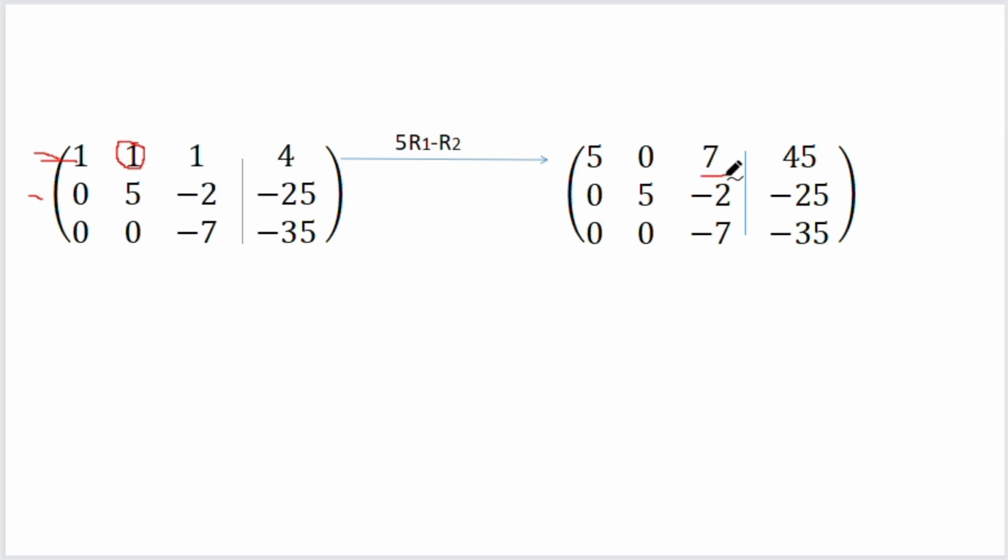7 in this case. And then I'm going to be having 20, because 5 times 4 we get 20, minus 25, that would be a positive 45 in this case. So therefore we have successfully made the 1 a 0 in this case. So the next step we are going for